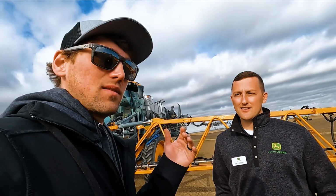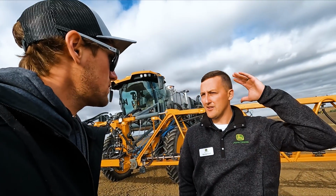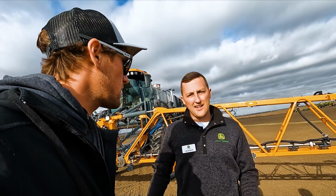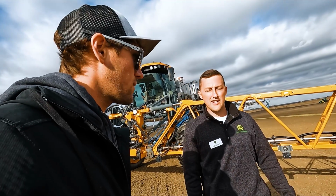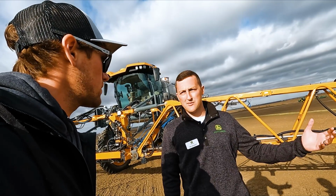So for those that don't know, what are we looking at? First of all, a Hagie sprayer, this is a model year 25. Things that people really like and know about the Hagie sprayer: it's got a front mounted boom. It's got the high clearance capability. You can literally walk underneath it because it's 72 inches, so you can get your late season fungicide on corn. And then it has row by row control with ExactApply, and also pressure recirculation and product reclaim,